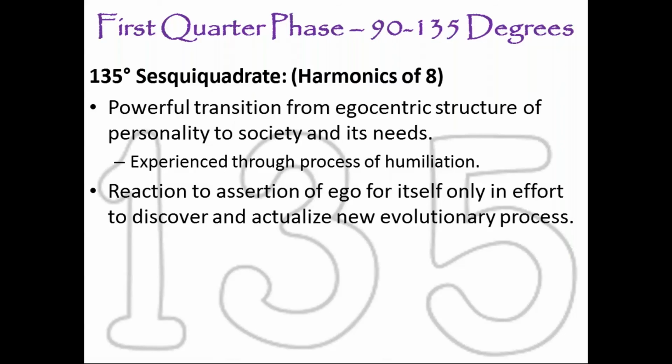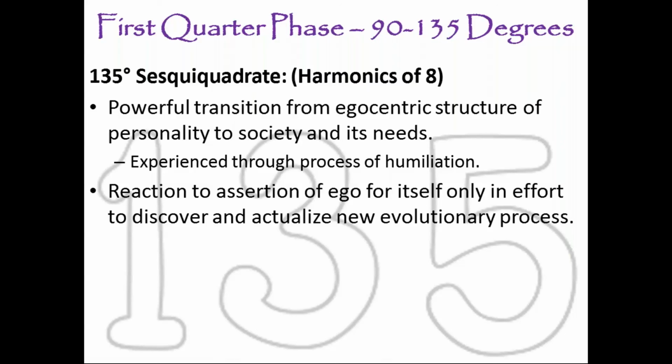The semi-squares are 45 and 315, and the sesqui-squares are 135 and 225. Draw those up in the grid of the aspects, because when any two planets are changing from yang to yin energy, the tighter that aspect before or after, it is just as strong as squares and conjunctions and oppositions. And so here we're getting ready to make that transition from the egocentric structure of the personality to society and